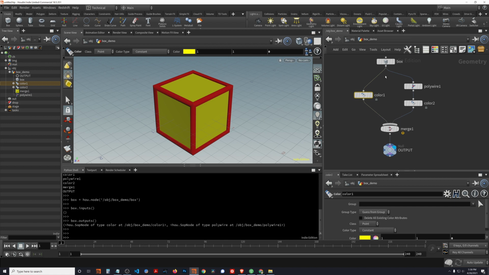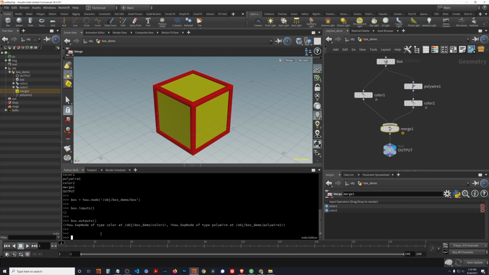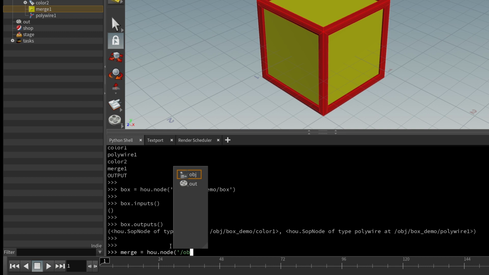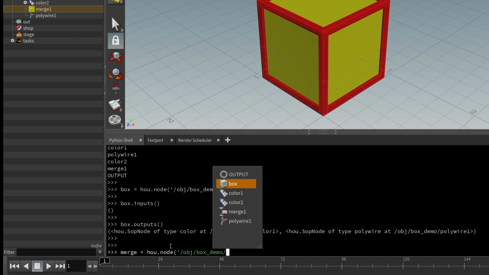Each node has inputs and outputs. So the nodes in the network editor have inputs and outputs. So to recap, for tree view, parent and children, and in the network editor, it's inputs and outputs. Let's look at the merge node. That actually has inputs. So to get the merge node, once again, we call the node function, type in the path to it,